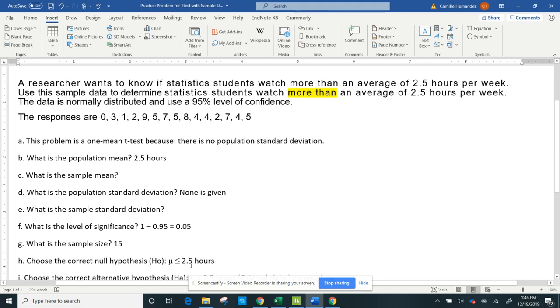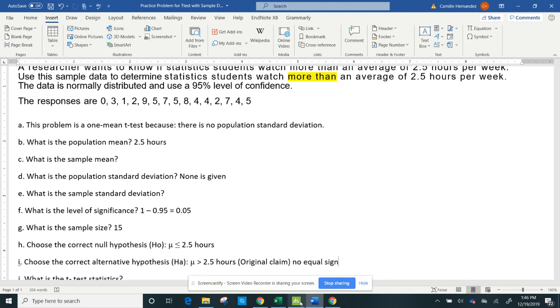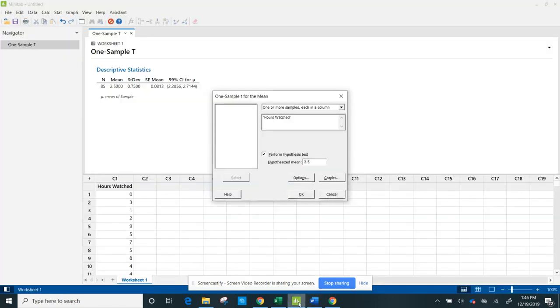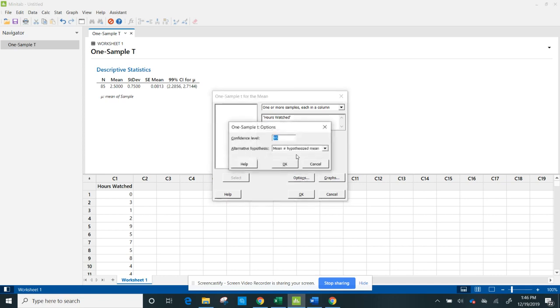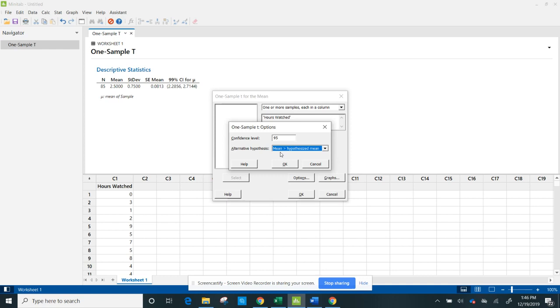Again, it's my population mean, and it's right here in my hypotheses. I'm just using it again. I'm saying, hey, this is the population mean. Be mindful of it. Then I go to options, 95% level of confidence. And then for this one, this is my alternative hypothesis. And remember, I chose greater than. And if I go back to my document, you see here, my alternative has greater than. Minitab will always use the alternative hypothesis to run these tests. So then I hit OK,